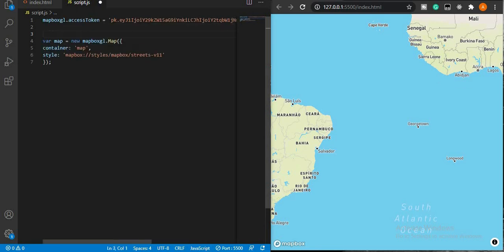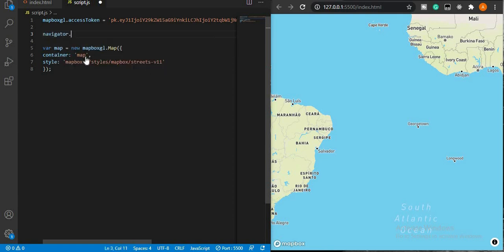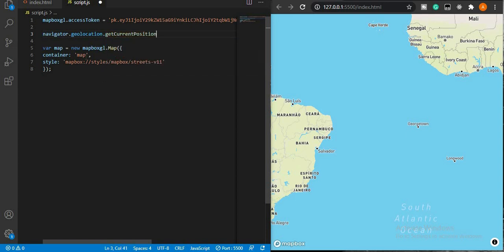Make sure you generate your own access token. You can generate your access token by creating an account with Mapbox. So when you create an account, you automatically get your access token. So now we're going to go over here and say navigator dot geolocation dot get current position. Now this function is calling an API, which basically appears when